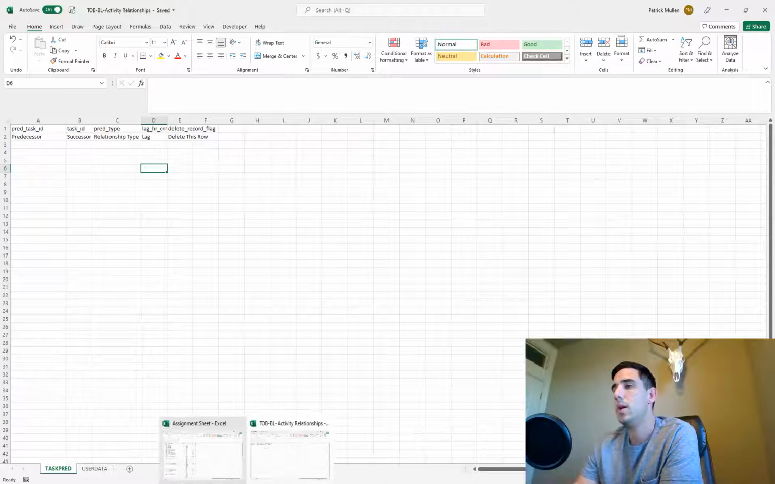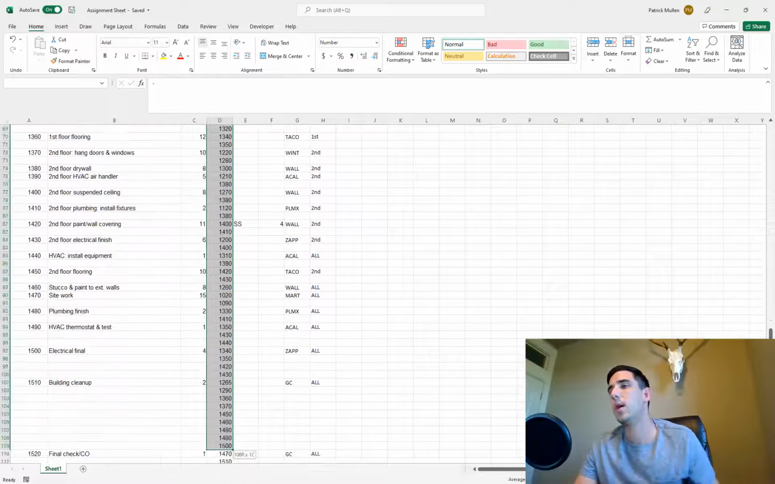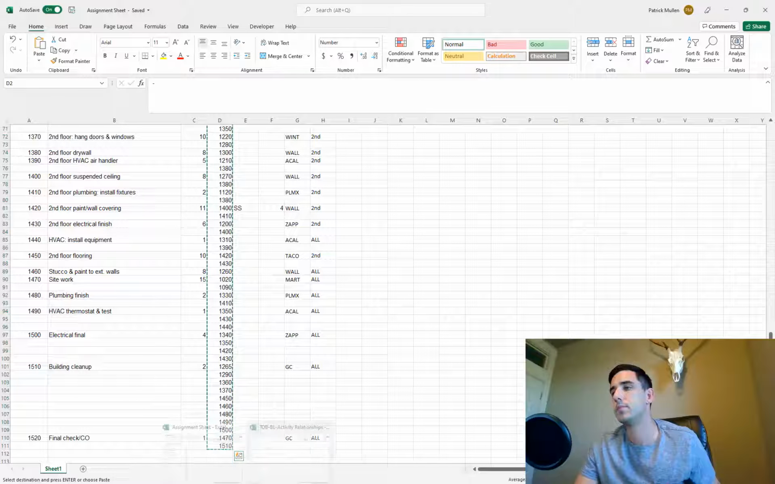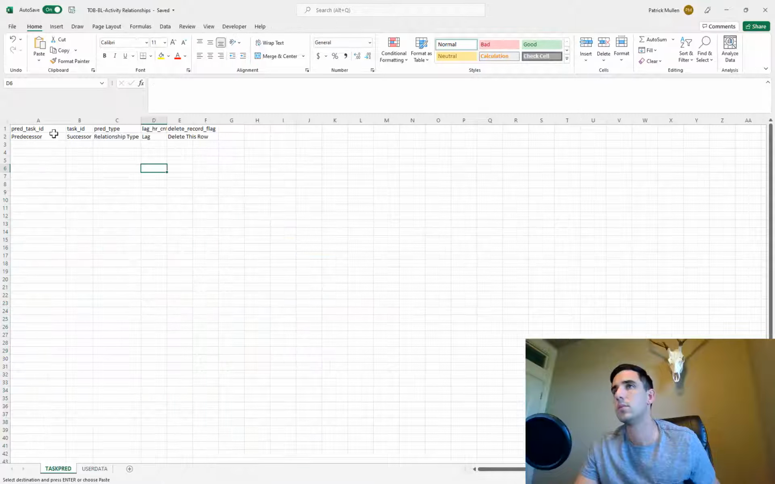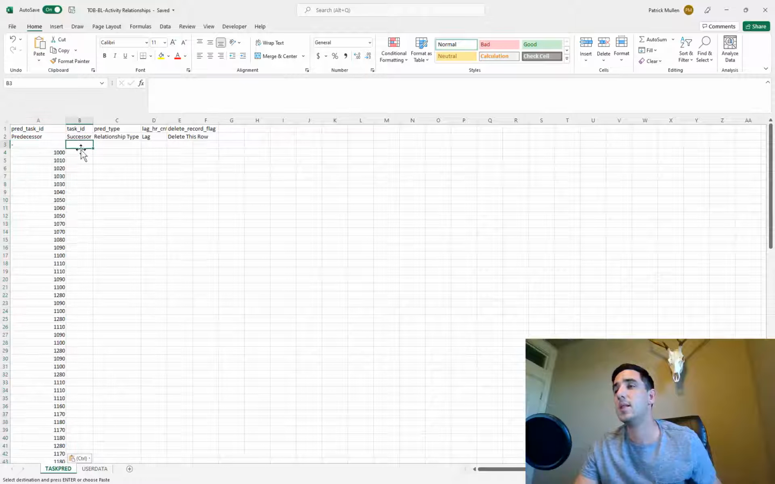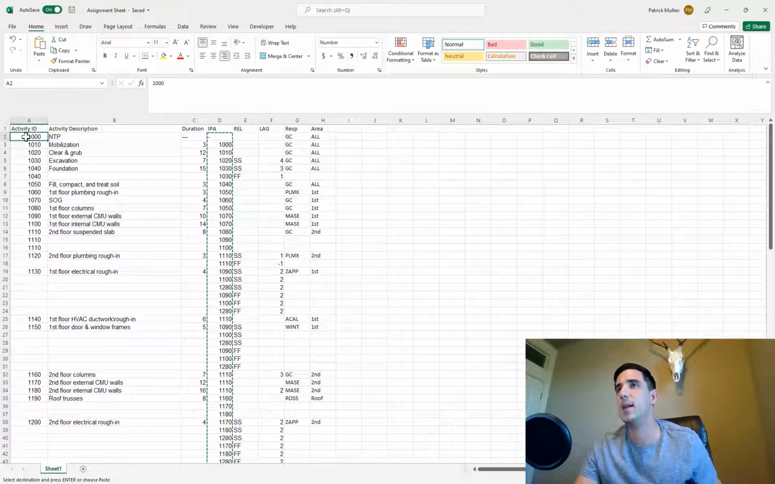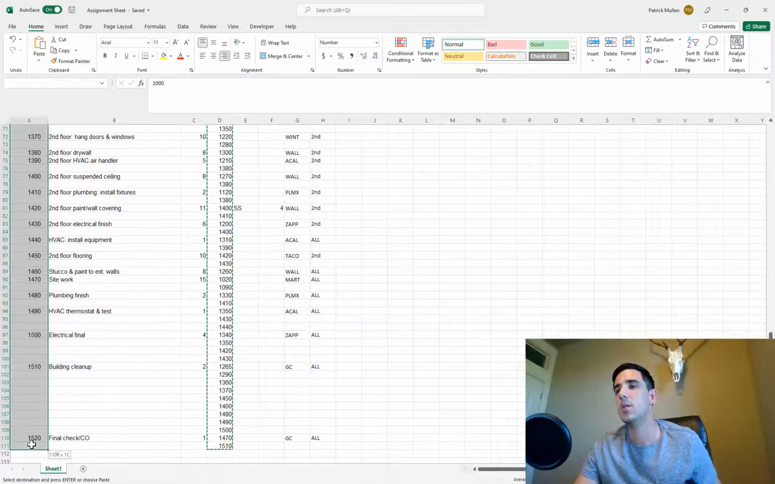So what we're going to be doing is going back to our table here, and we have the predecessor, the relationship, and the lag. So let's go ahead and copy our predecessor over. I'm going to paste the values here, and then we need the successor column, which is simply this activity ID here, because this is the predecessor to this. So we're just going to copy these IDs over